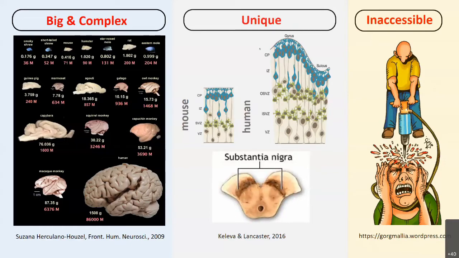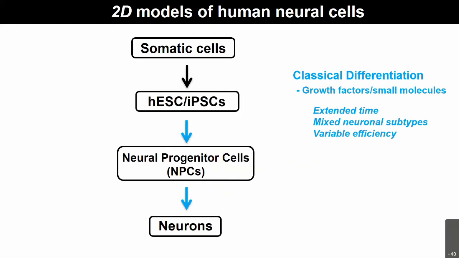And of course, one last reason is our brain is really inaccessible. It's really well protected by the scalp. So anything you want to do to it is pretty much impossible. Having said all this, it paves the way to suggest that we really need some kind of human neural models, to have that in a dish, to study them and be able to model certain phenotypes or pathology in a dish. So let's take a quick overview of the current status of the field when it comes to human neural cells.